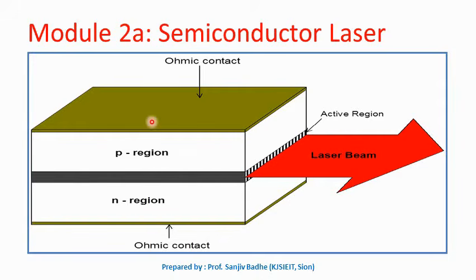Forward bias means the P side is connected to the positive terminal of the battery and the N side is connected to the negative terminal of the battery. Now why it will give output only when it is forward biased can be understood by using the energy band diagram for this PN junction. So let us see the energy band diagram for the PN junction.